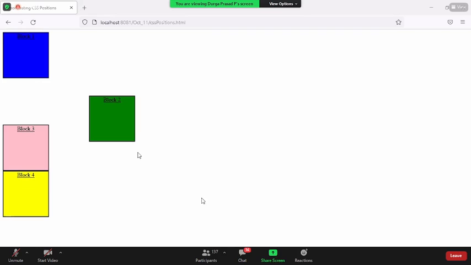So relative, that is the reason the name relative has come, because my space is never ever removed. My space is always there. Even though I am jumping from the default XY axis to the Z axis, my space is always there, the default space. From there, I always move wherever you want me to move, relative to my original position. That is the reason it is called position relative.